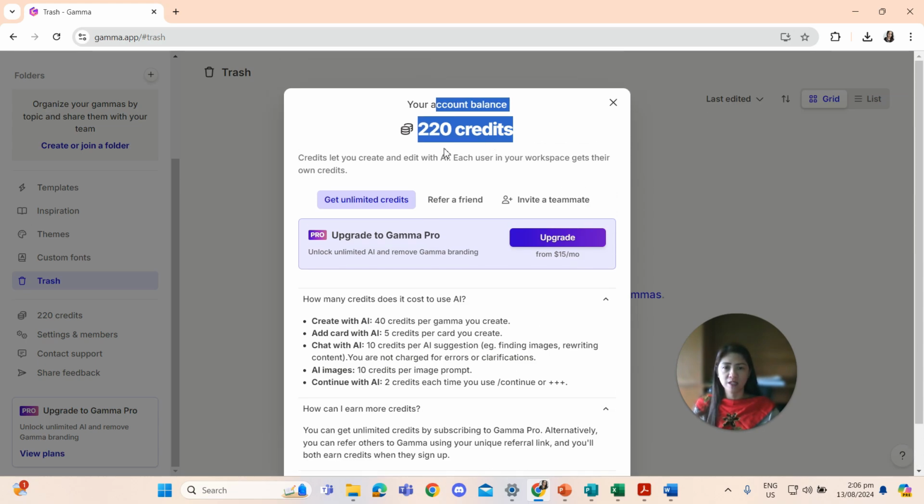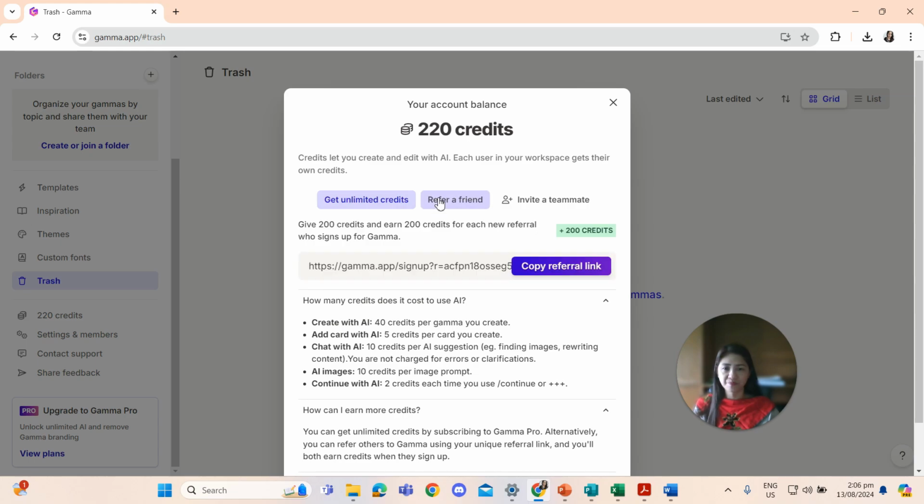So once you have no more credits, if it's already zero and you want to continue using your Gamma account, you have to refer your friends so that you can earn credits to continue using your trial account.